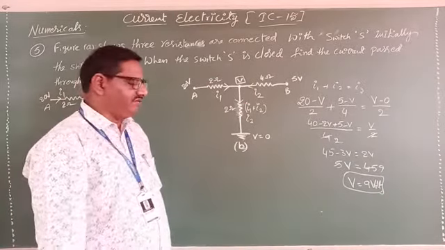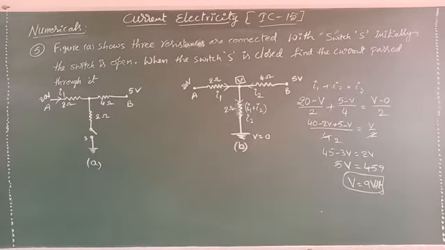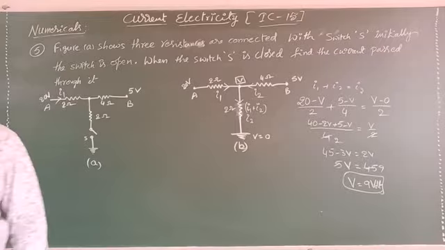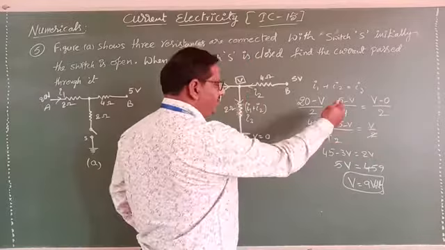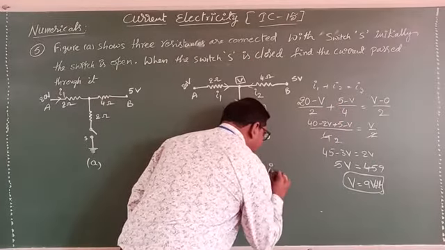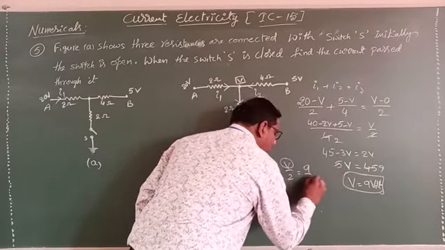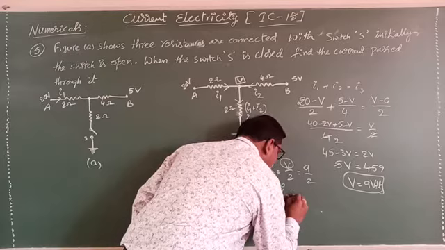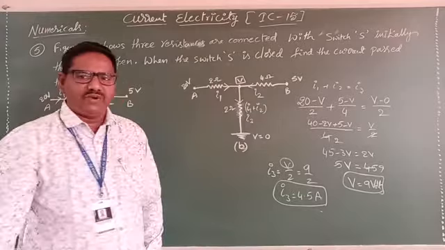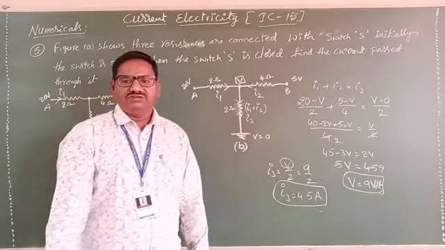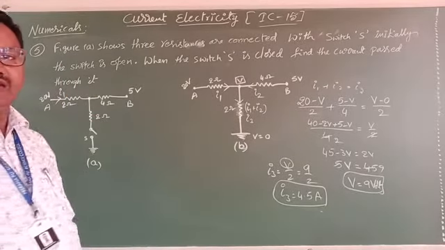Now measure the current. Very simply. How do you measure the current? We will take the middle circuit. In that current, potential we already measured, that is current I3. So simply V by 2. So we will take I3 equal to V by 2. So V how much did you measure? 9 volt. So 9 by 2. So current I3, how much is it? 4.5 amps. Current passes through it when the switch is closed. Okay. Very simple sum. Clear? Or any doubt?